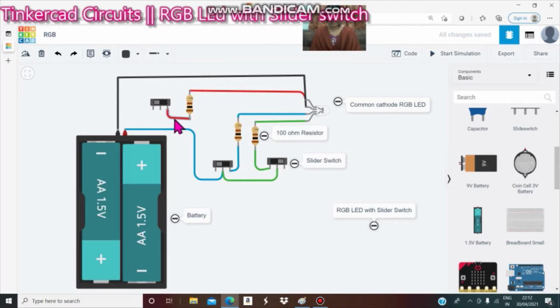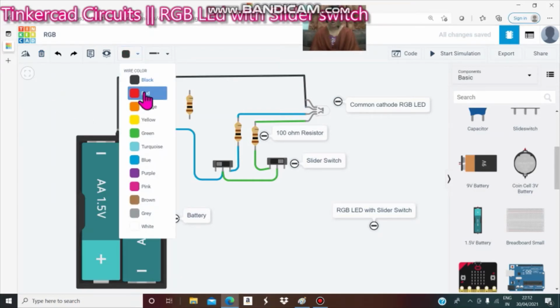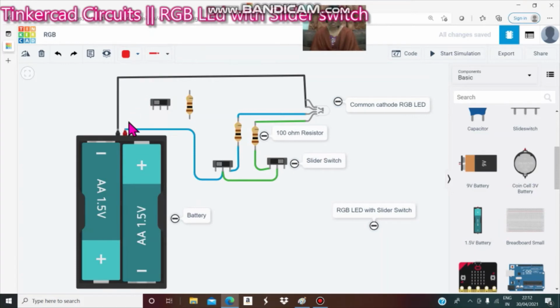Now we can see how the positive of the battery is connected to the resistor and the red LED. Okay. Next, choose the red wire for the red LED. The positive of the battery is connected to the common of the switch.